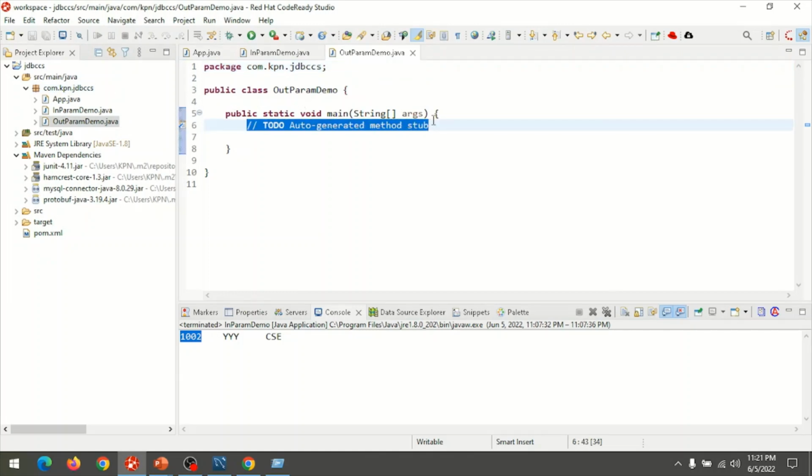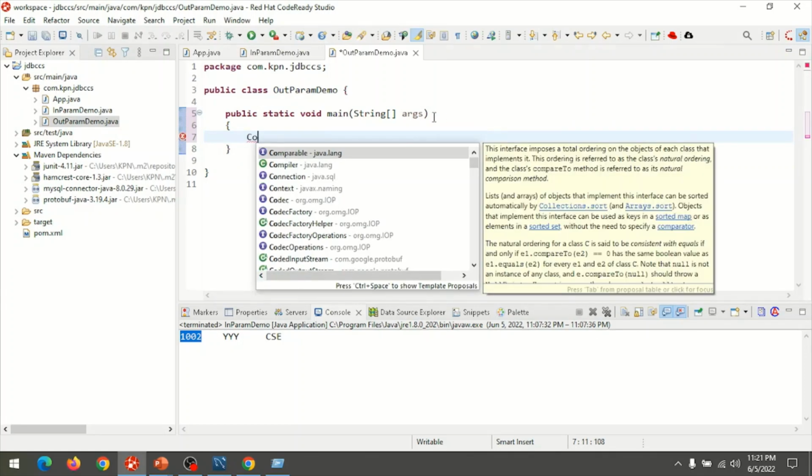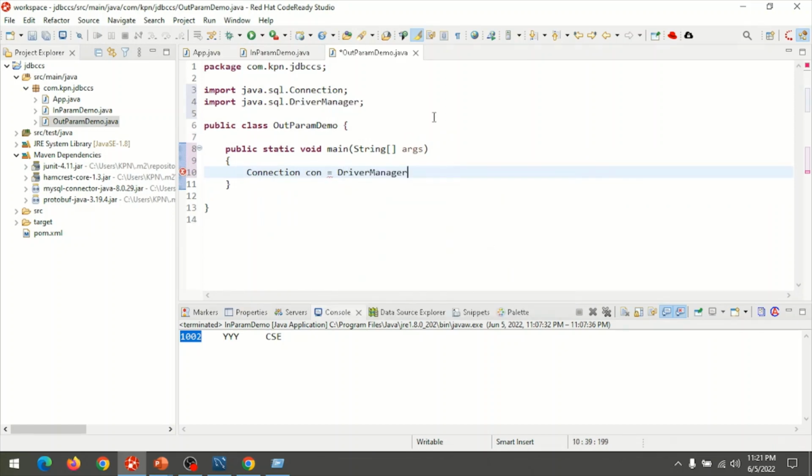So here we can implement the JDBC CallableStatement to call the stored procedure which has an output parameter. So first establish a connection by creating a Connection object equal to DriverManager.getConnection. We need to pass the connection URL jdbc:mysql://localhost